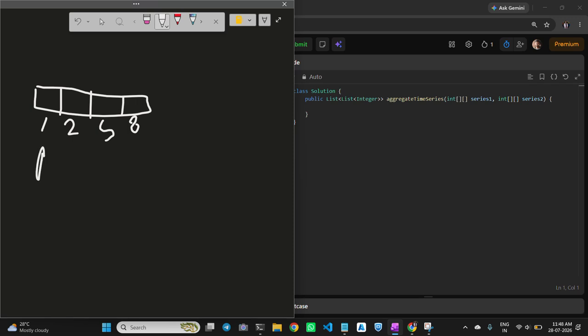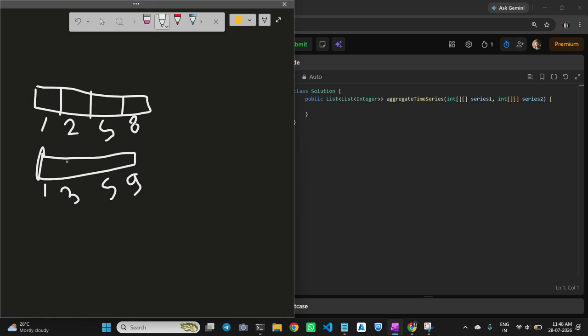Similarly, you can have another array in which the timestamps are 1, 3, 5, and 9. As you can see, some timestamps are present in both series, while 2 is not present in the second series.